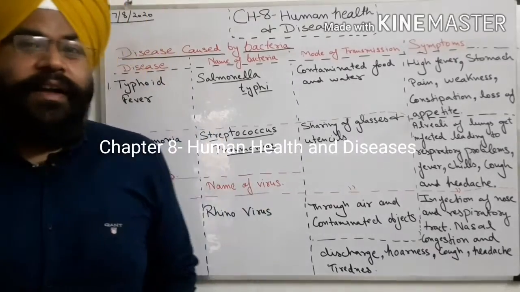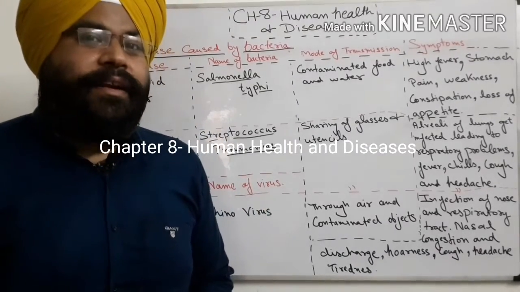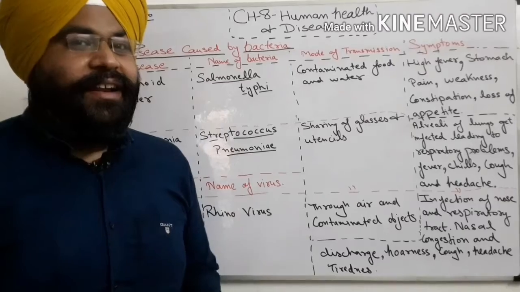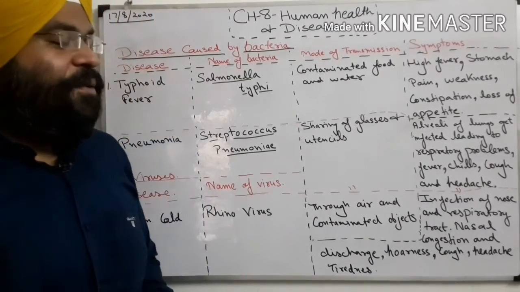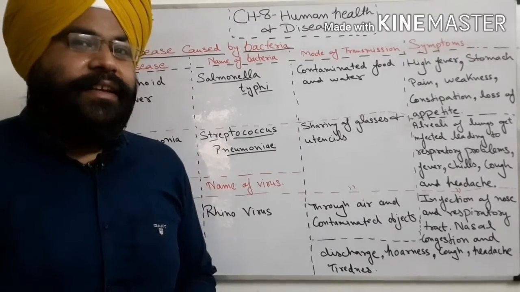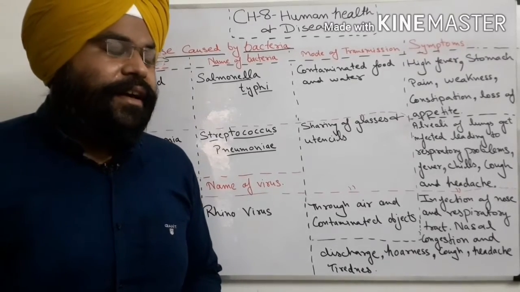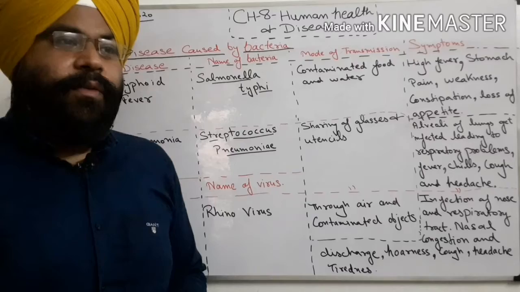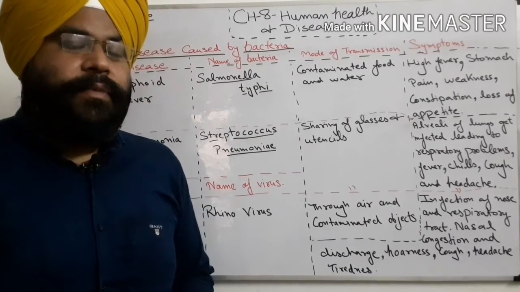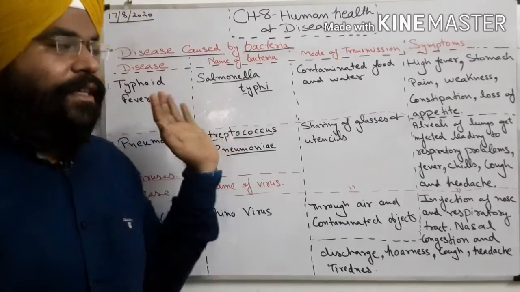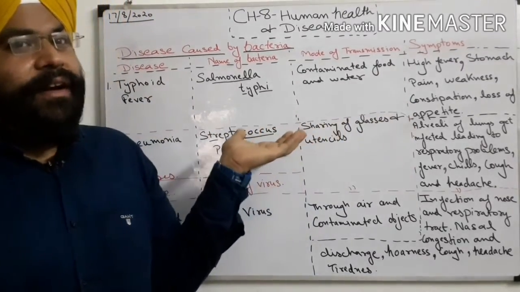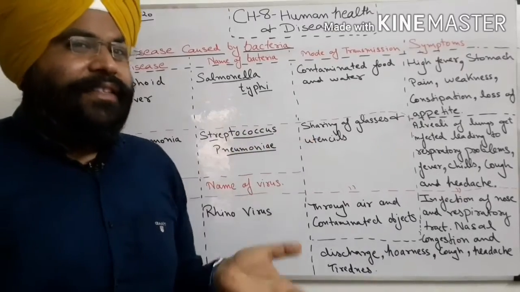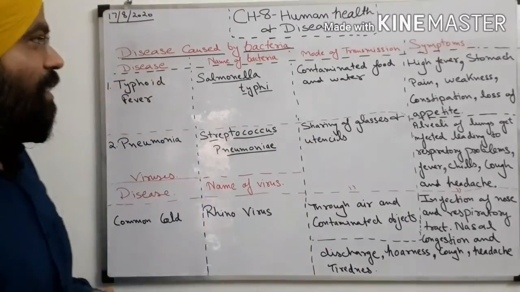So, welcome class. Next part, new beginning, new learning. With that, I will start today various viruses, bacterias, how they are being affected, what their names are, what their symptoms are, and what the mode of contamination is. We will deal with these four parts in a very easy manner. I have created this very easy to learn graph, easy to learn table, we can say. So let's start with it.